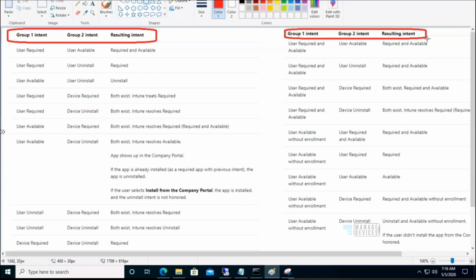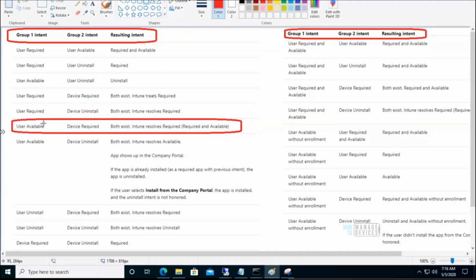So this is explained over here. For example, if you deploy an application as user available, it means available assignment, but deployed to a user group.